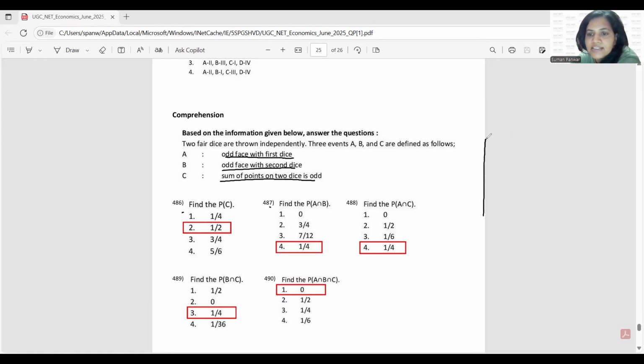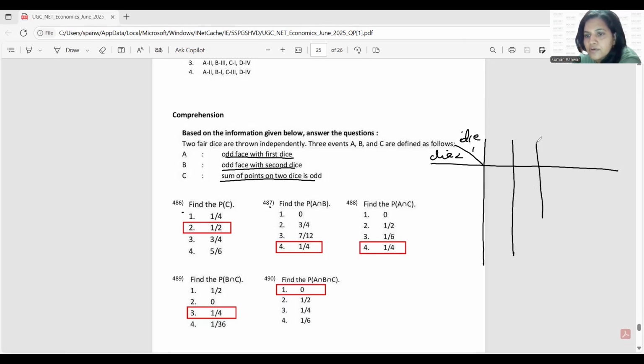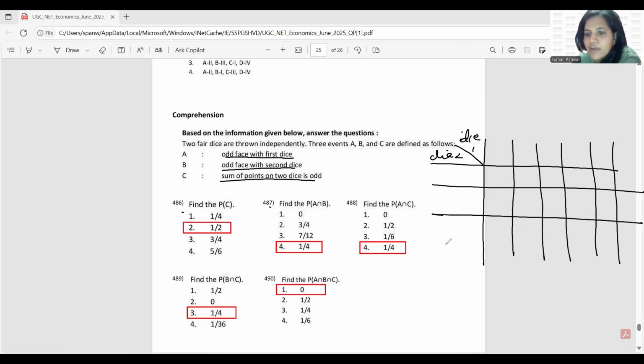So it would be nice if we can make a table. So this is die 1 and this is die 2. Okay, let's see what is happening. We have numbers 1 to 6 on each die.